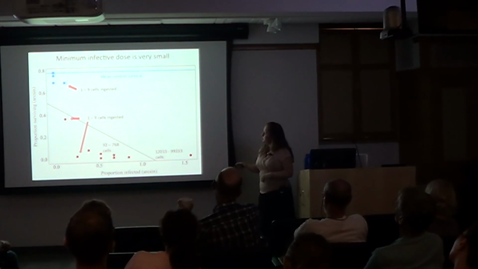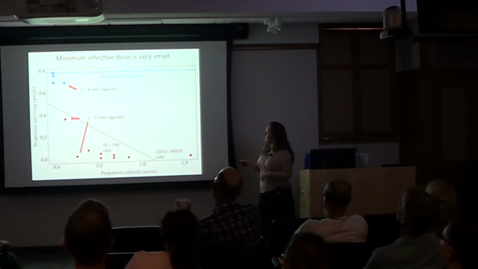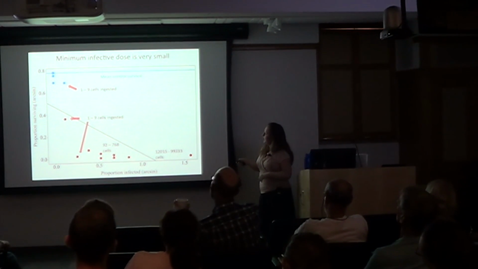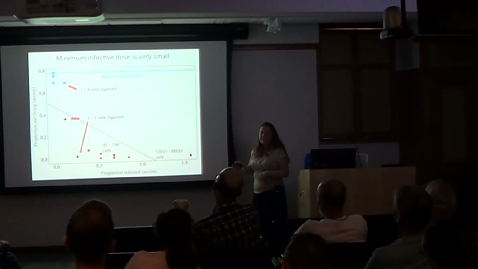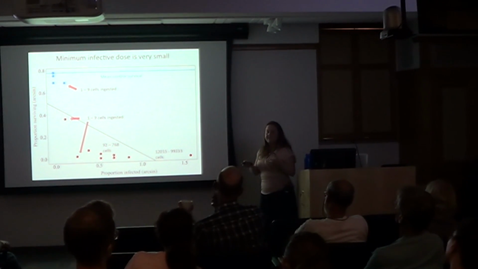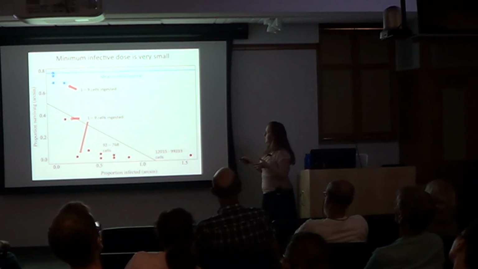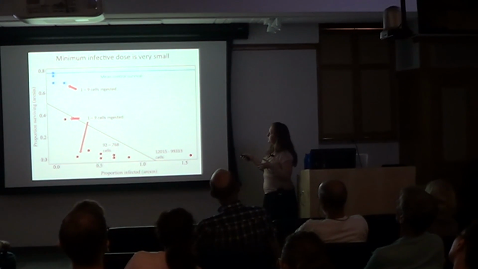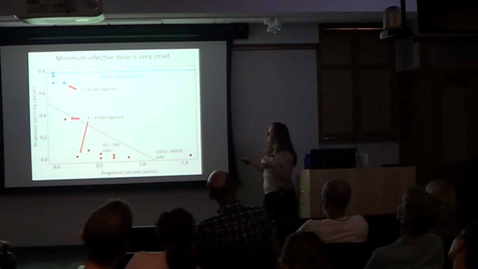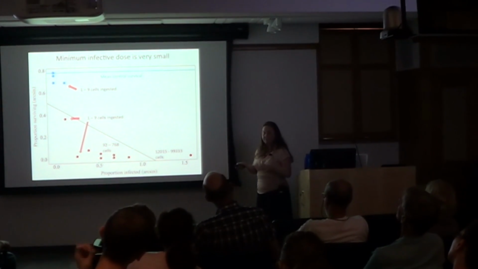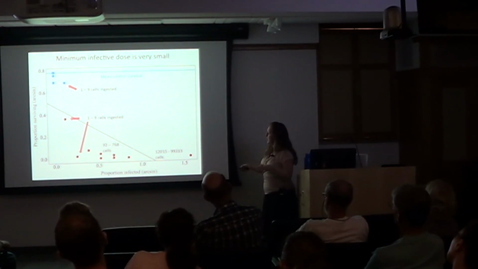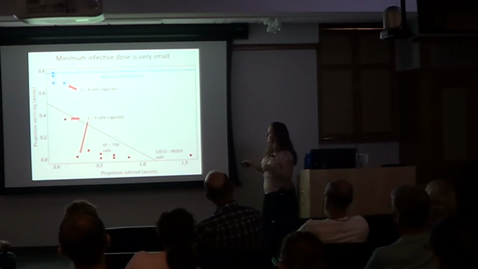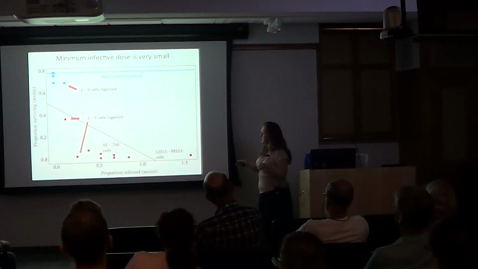So here we have the proportion surviving over the proportion infected, and each point is a different dose. And we calculated the number of cells that these aphids likely ingested based on how much they were feeding and what the dose was. So the blue line is the control survival. These are all doses that didn't significantly alter the survival. And the red dots are all doses that significantly decrease survival of the insects. So in these 2 cases, these 2 doses, the aphids were likely only ingesting 1 to 9 cells, but yet